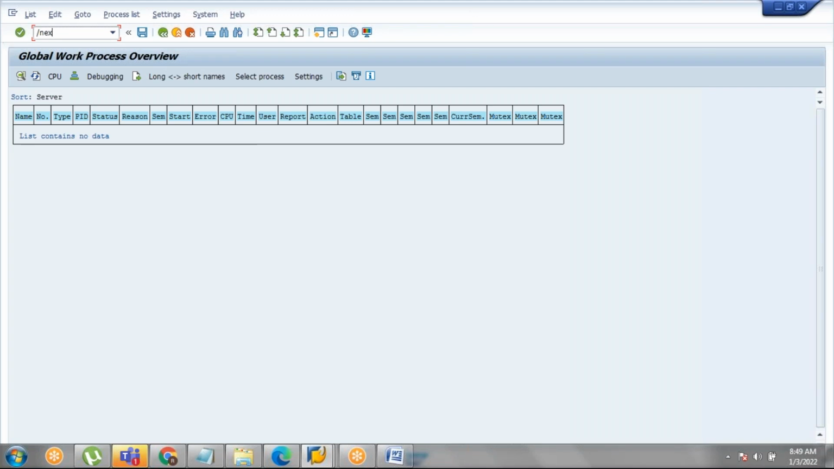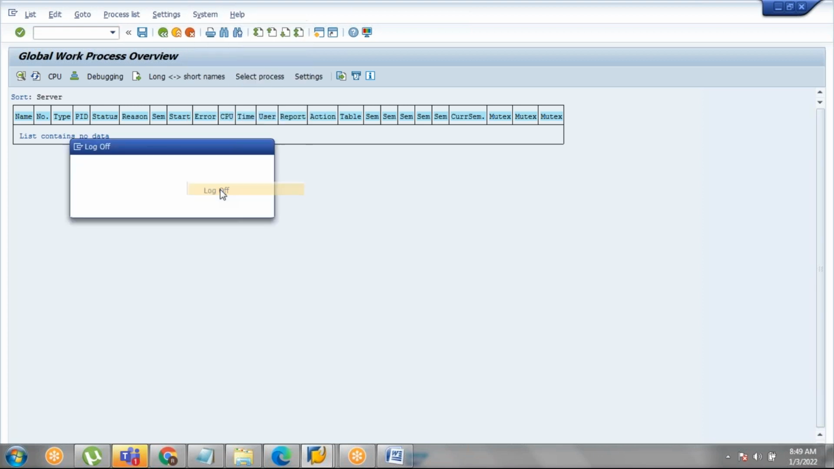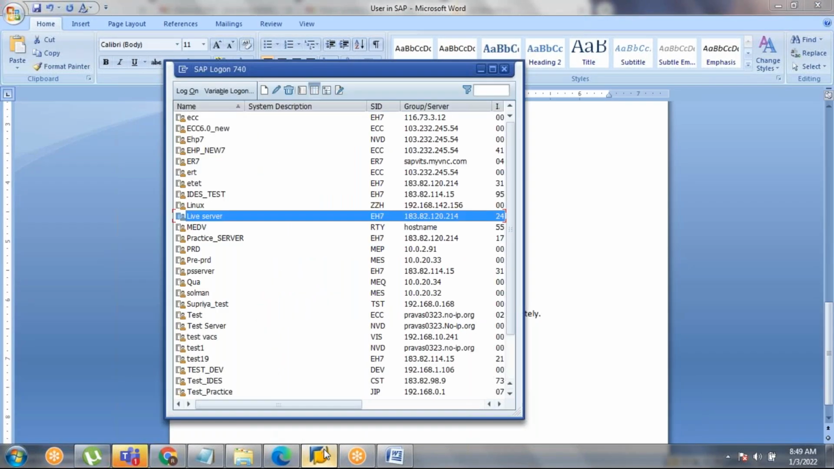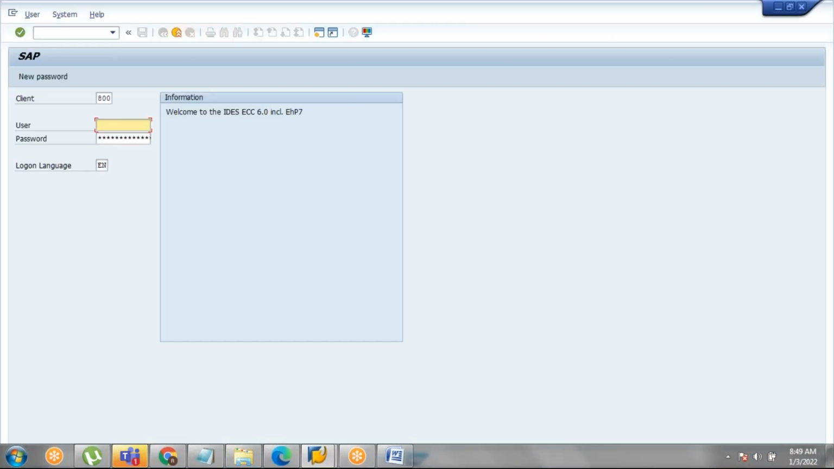Now you have to log out. So how do you log out? From each session, if you want to log out, go here, log off. This is one way. You log off from all sessions in one go. Otherwise, what you can do,